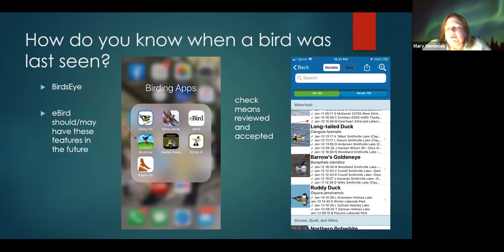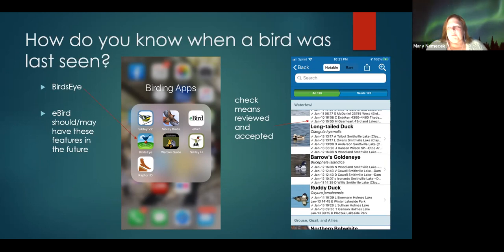That's really all I use it for. There's a lot of other things. You can put in a species you're looking for, and it'll show you the hotspots that it's been seen at recently. But this piece with the rare birds is important, because if you have a long-tailed duck and no one's seen that bird for 5 days, I would like something more than continuing in the notes. So the Barrow's goldeneye hasn't been seen up at Smithville since January 12th. If somebody saw that bird tomorrow, it would be great if they took a picture of it or at least had a very good description of it.